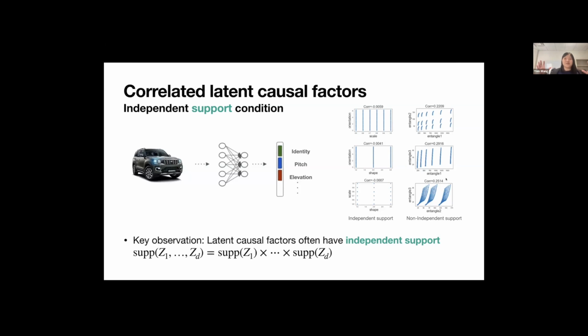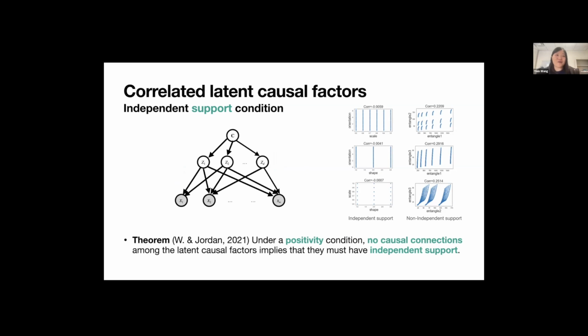Intuitively, visually, if you make a scatter plot and two factors occupy a rectangular region, then they satisfy the independent support condition. If they don't occupy a rectangular region and have weird shapes, they don't satisfy independent support. It came first as an empirical observation that a lot of these factors we aim for have this independent support condition, which we can rigorously write down as a factorization: the support of the joint is the product of the supports of each latent variable. It turns out it does have causal roots. If we are willing to make a positivity condition, which could be a strong condition but is a standard condition in causal inference, then